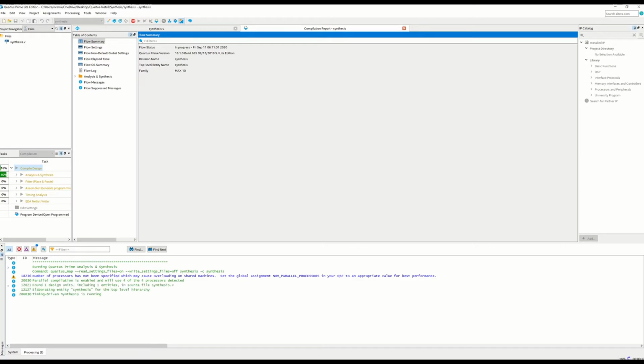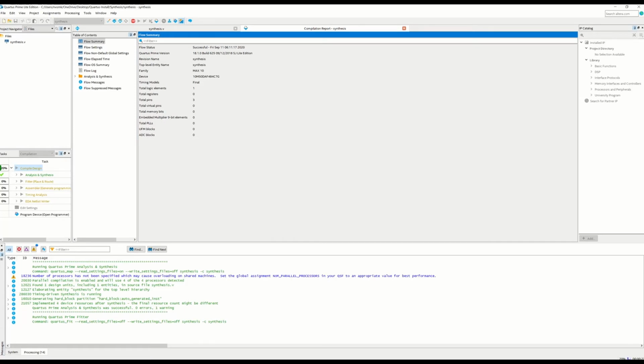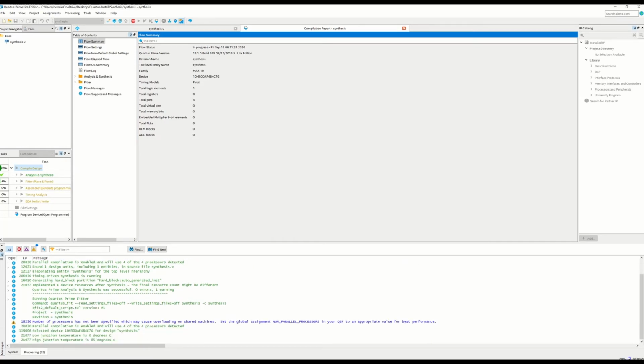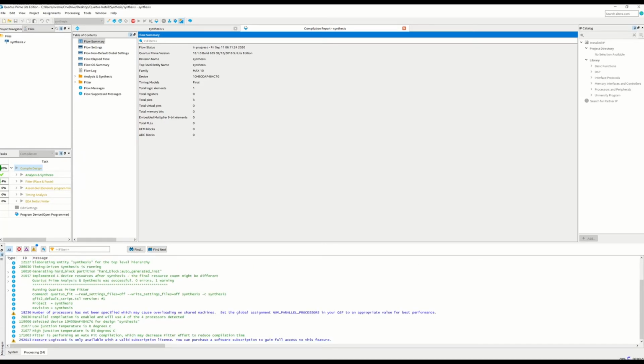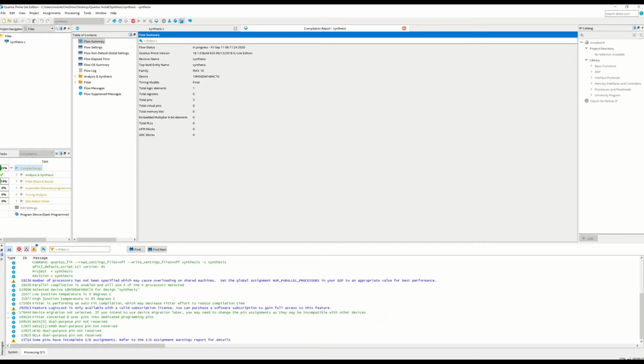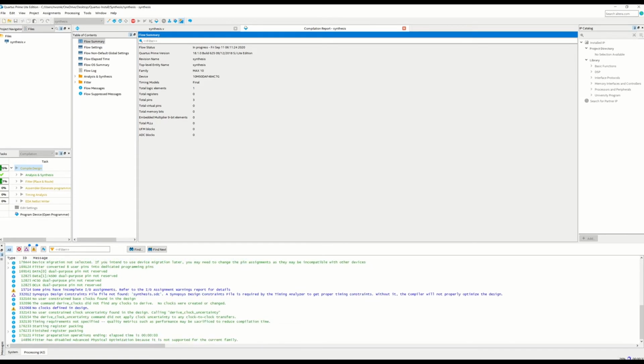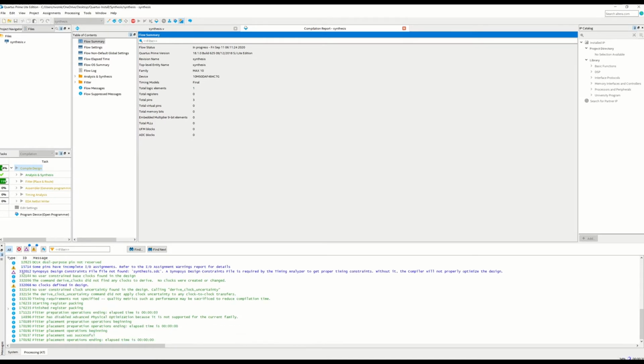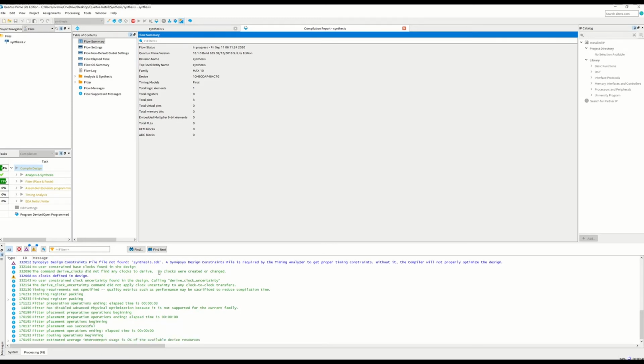The way this is going to work is I will go through all the process of what you do on screen, and then I'll show you on board how things look and how your submission should be. Once you run compile, it should give you this particular error that says there is no synthesis.sdc because you did not put in any timing constraints.